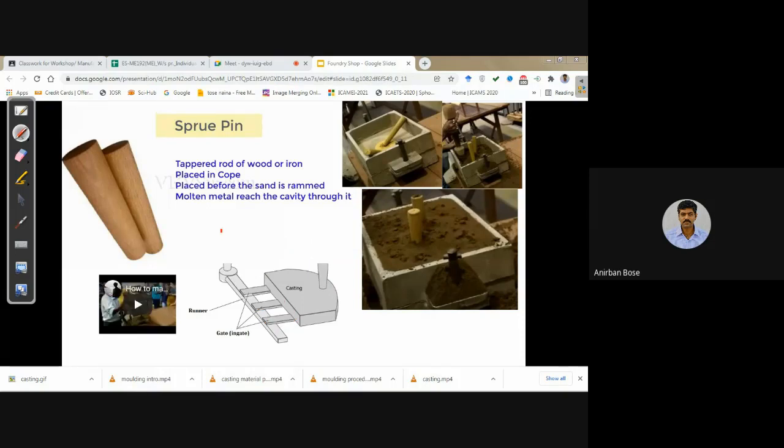Why is the pin tapered? The first thing that may come to your mind is this: if the pin is not tapered like this, the turbulence will be more and there will be chances of air bubble formation.